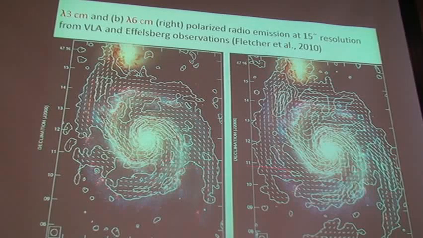The background images are identical, and contours show the total intensity of the synchrotron emission. Synchrotron emission, we shall discuss it in a moment. It's the emission produced by relativistic electrons, cosmic rays, in magnetic field. It's polarized, so we know the orientation of magnetic field. These dashes show the orientation of magnetic field at 3 centimeters wavelength and 6 centimeters wavelength, at two different